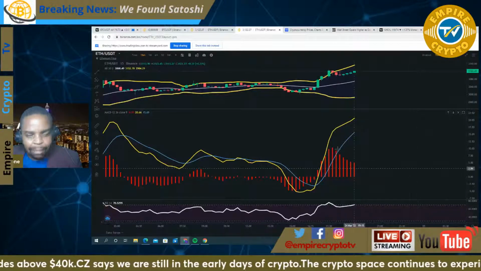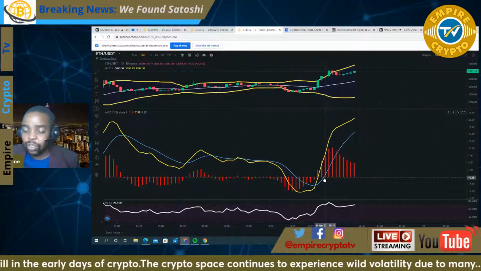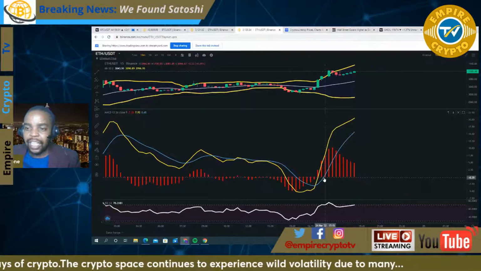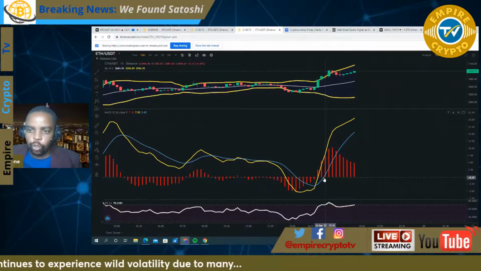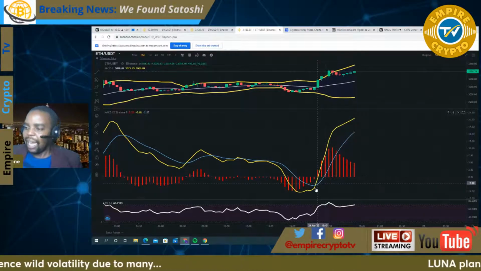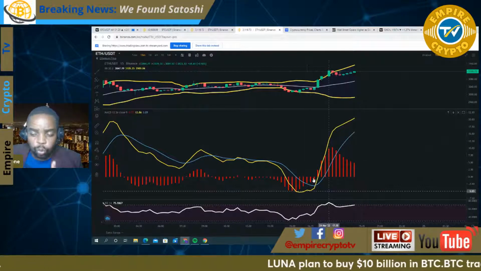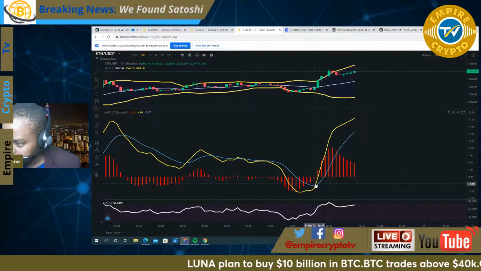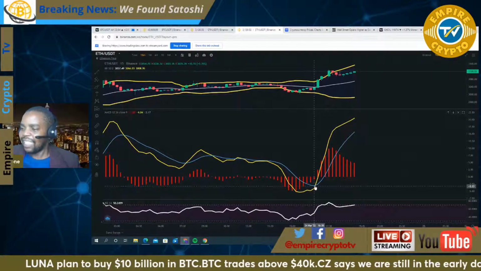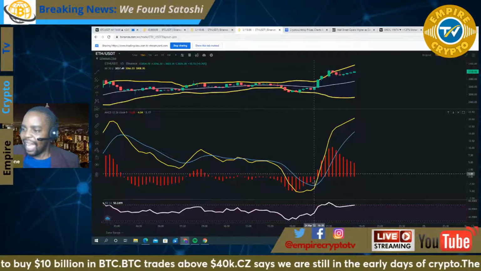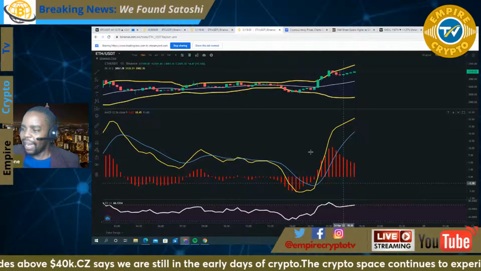These histograms here are working alongside each other. So this indicator uses multiple indications to give you the future trend that you hope to perceive if you are a trader. This crossover here is an important element as well, one of them, because it's in line with whatever is happening with the histogram as well.